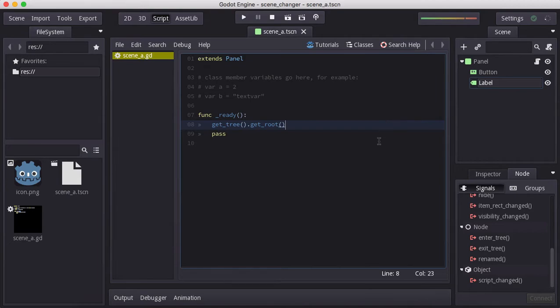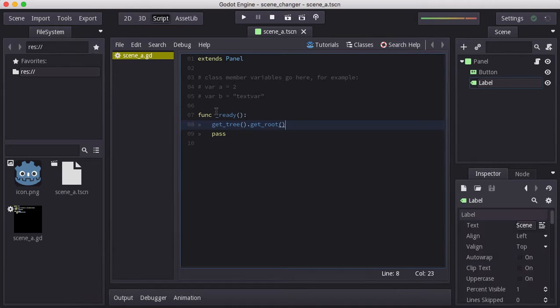Alright, let me move to the next step: changing the scene. With SceneTree we can navigate between our scenes or levels easily, and in Godot the SceneTree provides a function called change scene. Godot provides a function change scene which takes an argument of type string, and that is the name and path